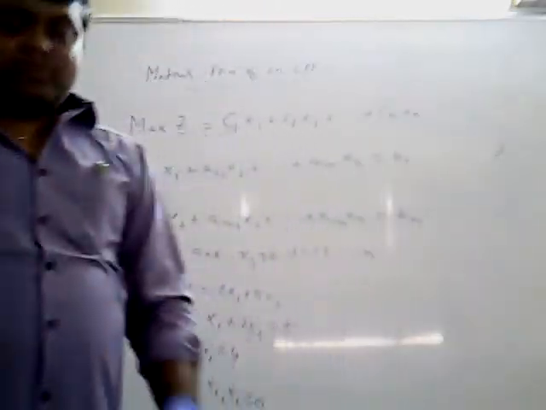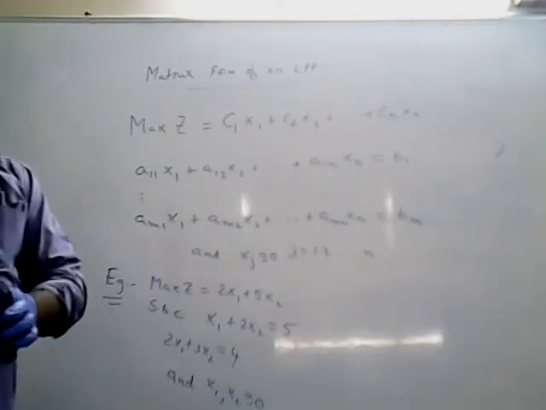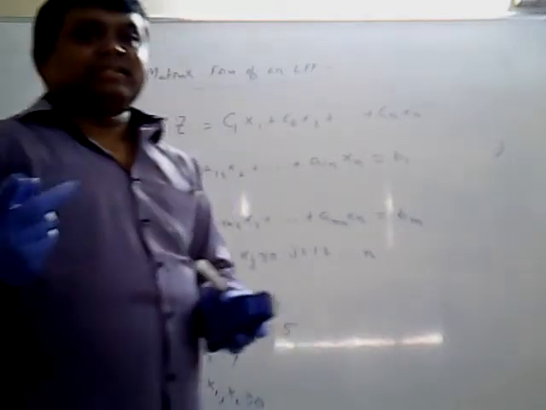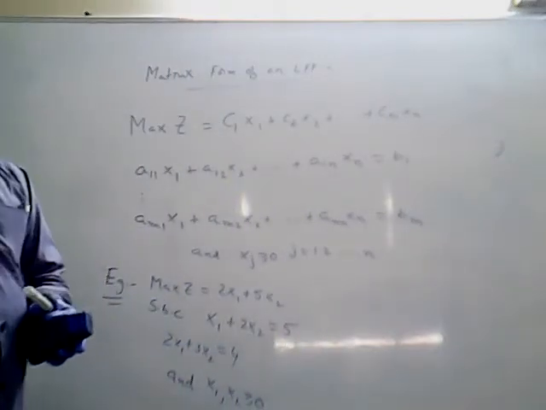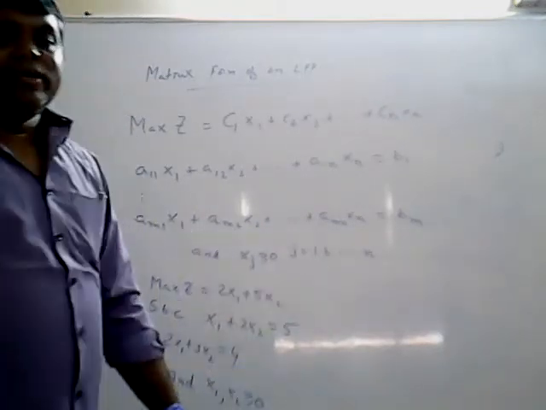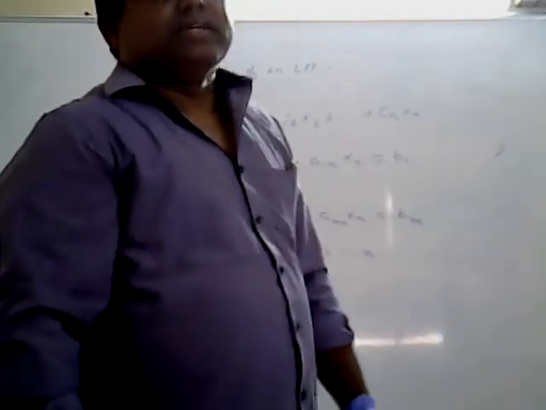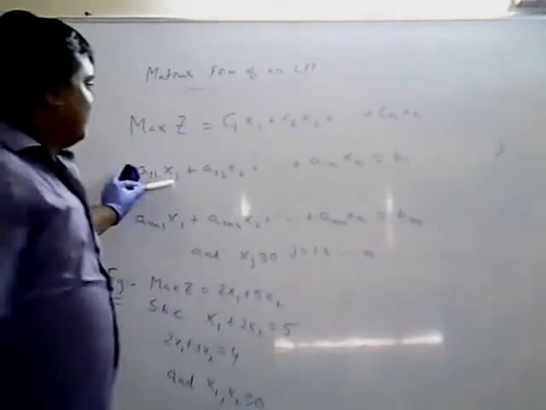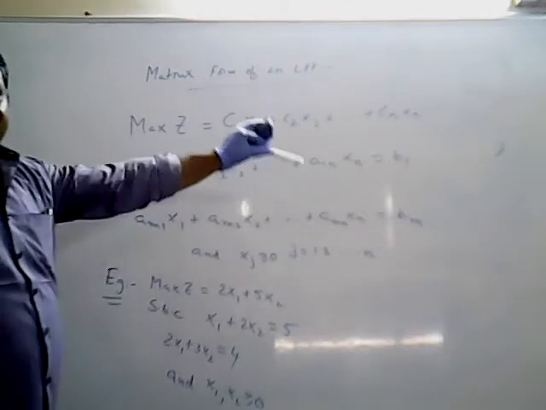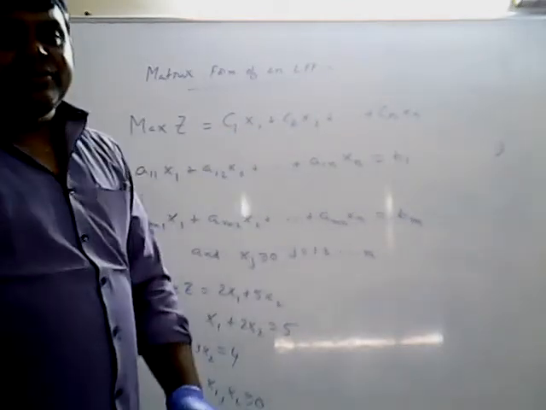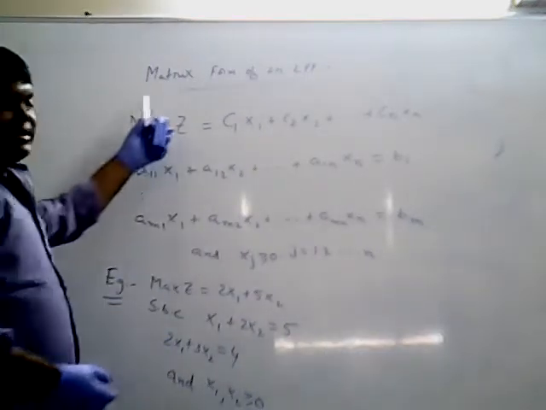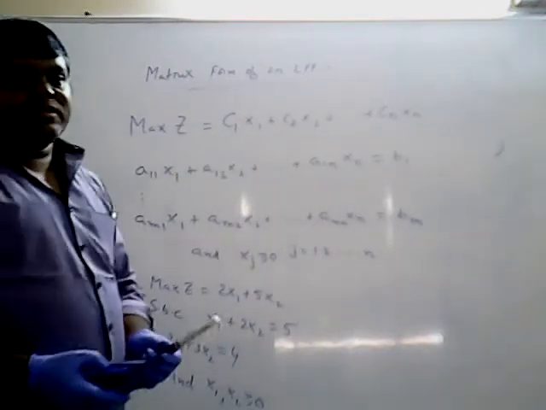An LPP is said to be in matrix form under the same conditions. What is the first condition? It should be objective function maximization type, constraints are equal type only, and decision variables are non-negative. The only difference between standard form and matrix form is that in standard form you take the constraints like a11 x1 equation type. Matrix form means you have to consider the matrices. So the matrix form of an LPP is given by,